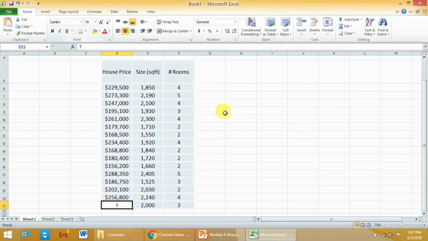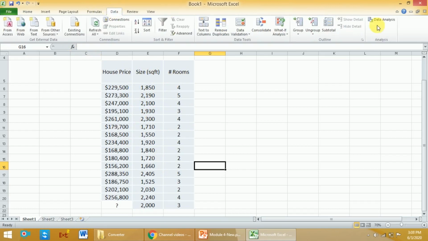So how can I do that? I'm not interested in this particular thing right now; we can do it later once we get the equation. But how to do it using Microsoft Excel is, we have the data here. Now what we need to do is go to the Data tab, and then click on something called Data Analysis. So this is the column. Okay, so we need to click on this one.